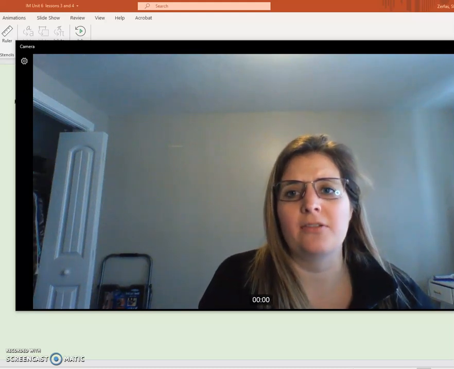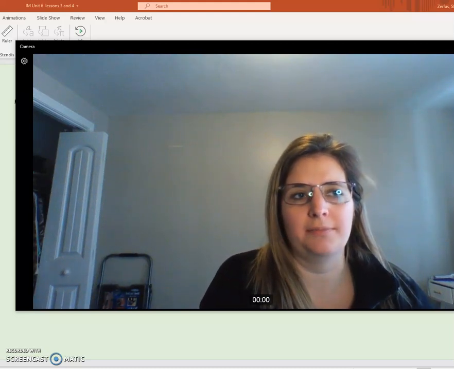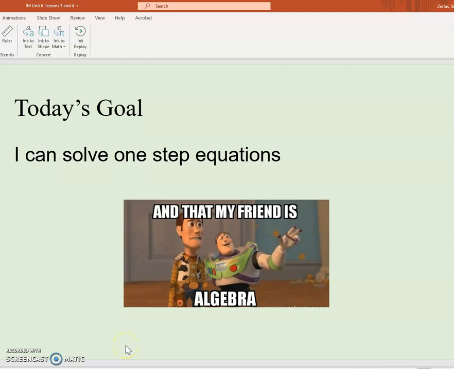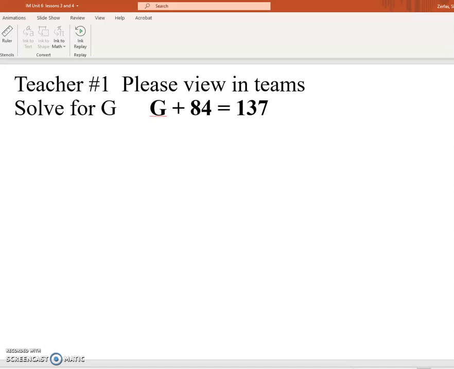Today we're going to be working on how to solve one-step equations. Previously we've seen how to solve a problem like this one using a diagram. Once we start dealing with larger numbers, it becomes less useful for us to draw a diagram because it would take us a much longer time to arrive at our answer. So in this video I'll show you how to solve an equation like this one without having to draw a